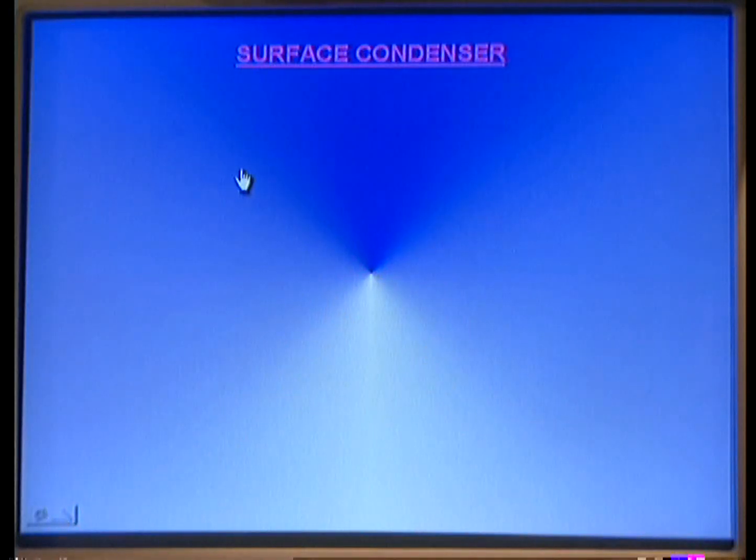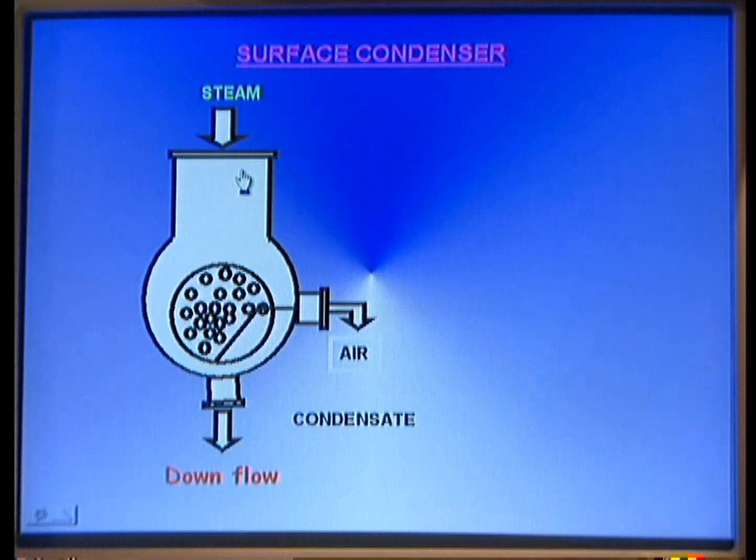Let us go to another type of surface condenser, the downflow condenser. In downflow condensers, it is a similar process. The previous one, the evaporative condenser, cannot be used for large plants, so we use a different type, the downflow. A similar process you can see here. Water is circulated through these pipes, the steam to be condensed is passed to the upper side, and rapid condensation takes place. The condensate flows down, and air is extracted by some baffles. This is one of the surface condensers.